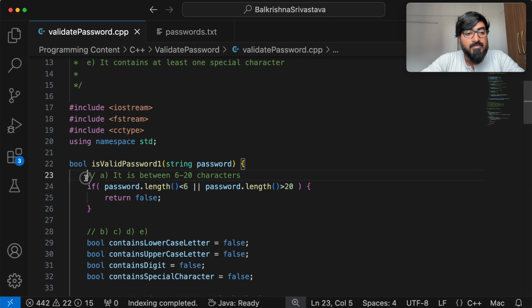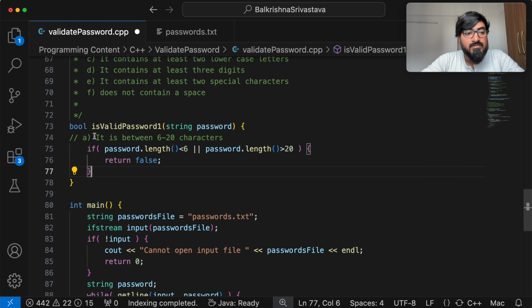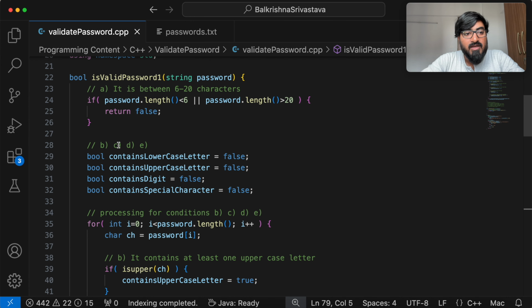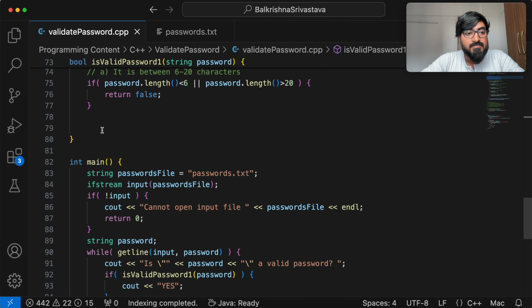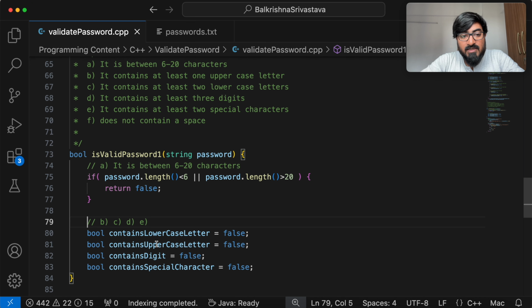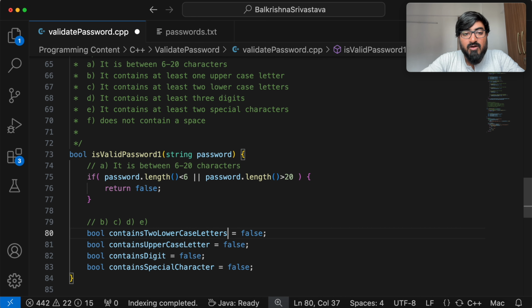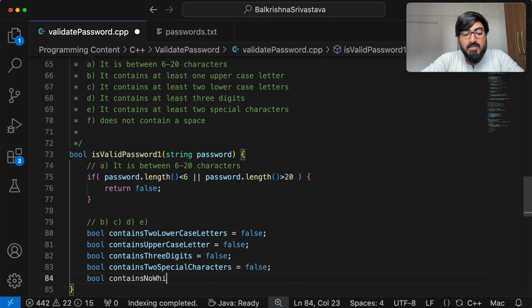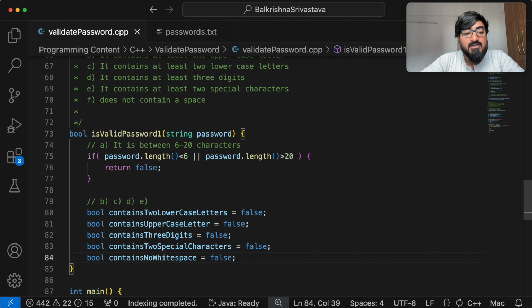The first condition remains the same, 6 to 20 characters. Then we have B, C, D, E and F. So I'll copy these again. Contains 1 uppercase letter, and it has to be contains 2 lowercase letters now, contains 3 digits now, changing the name of the variables, contains 2 special characters, bool contains no white space is false, and these all have to be true at the end of the processing for my password to be a